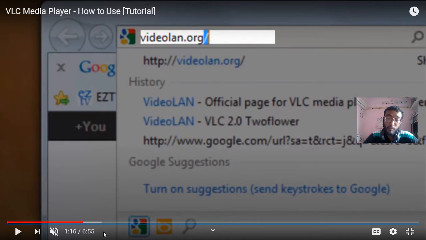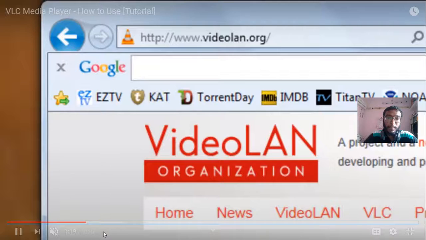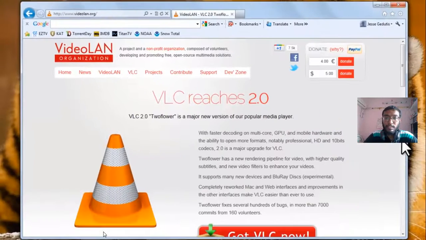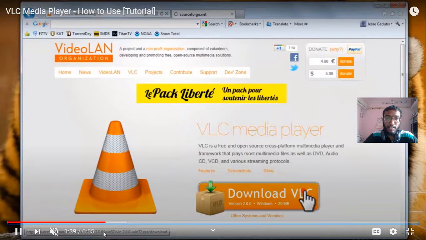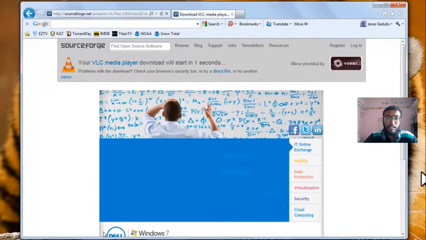As I told you, the full form of VLC is Video LAN Client. Now this is the web page. Over here we are going to download. Click on VLC and download VLC.